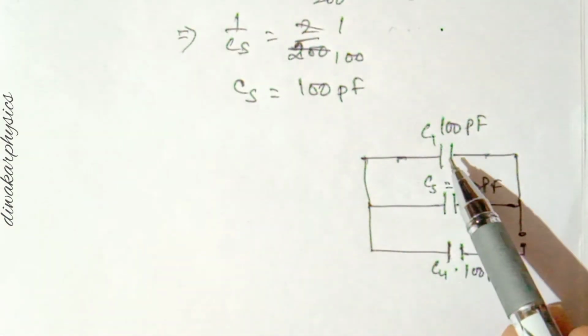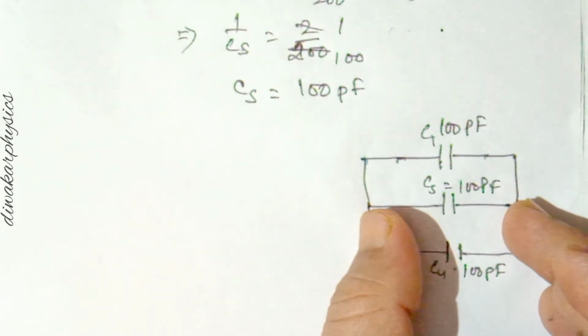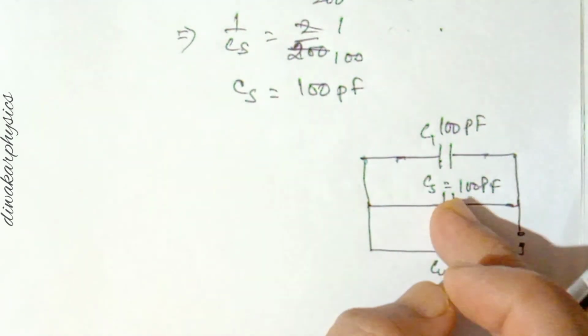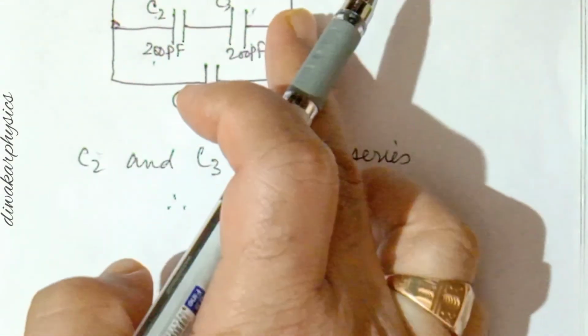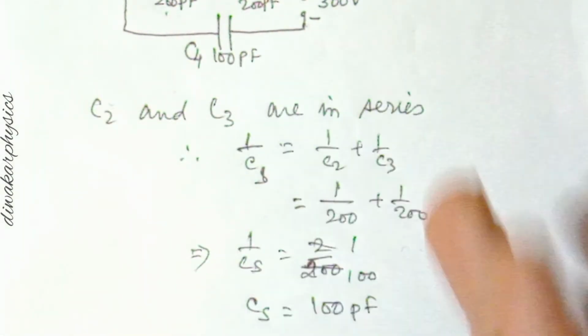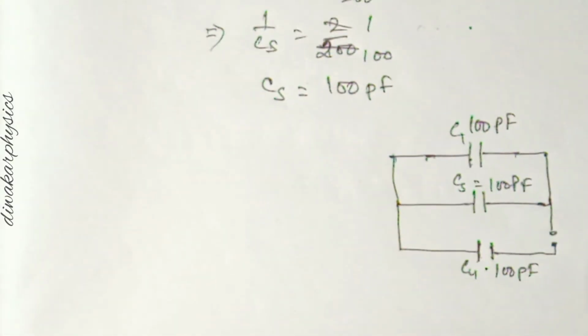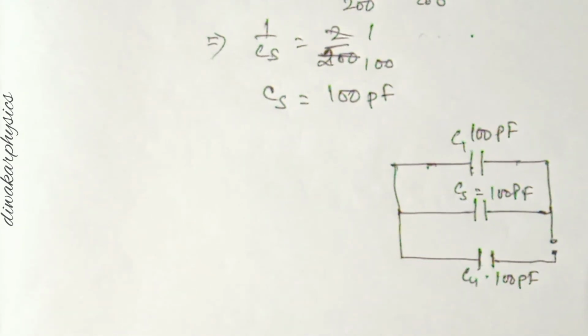So this is the first capacitor. We have not done anything with this. Here we have solved: in place of these two, we have got 100 picofarad. I have replaced these two, with the same points, by one. Then the last one is there, and we have not done anything with that. So now this is the new circuit. This circuit you may draw, you may not draw, no problem. It is not required. I have drawn it just for your explanation.